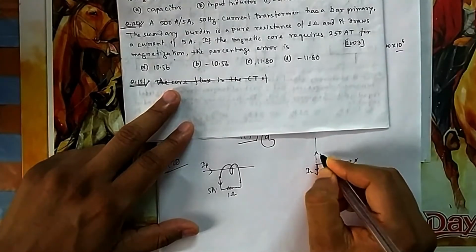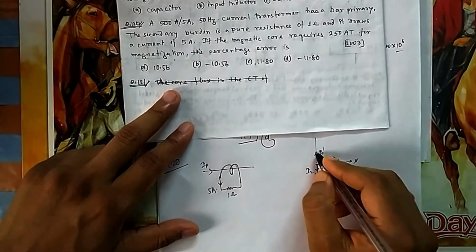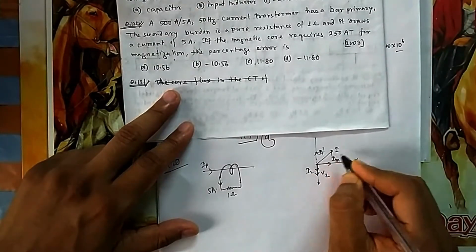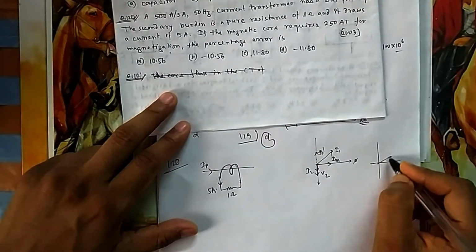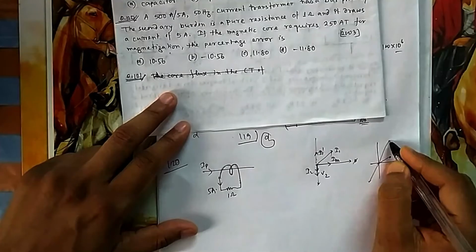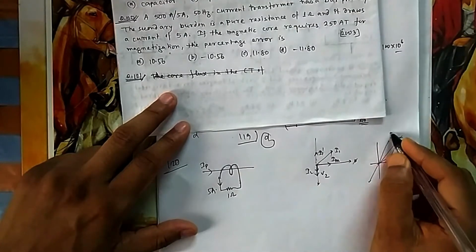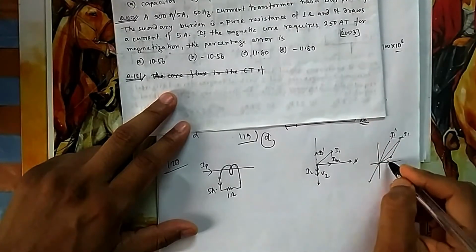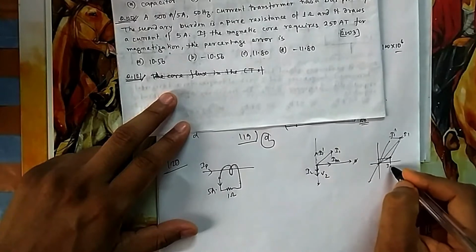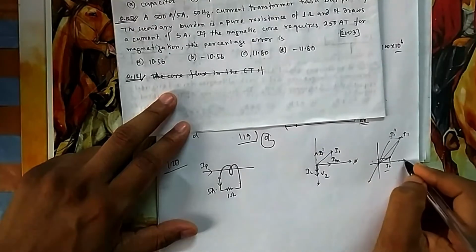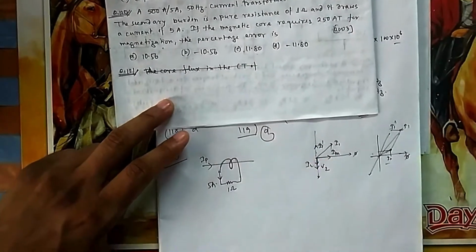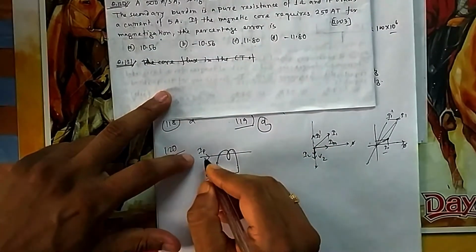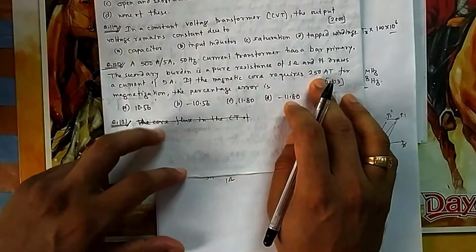So the reflection of I2 will come on the input side as I1 dash. The summation of these two will be I1, that is the primary current. In case of a normal transformer, it was I0, you can recall, this was I2, this was I1 dash, this was I1, and this was the magnetization component, IM and I0, you know all these things. So that phasor diagram is here. So this IM is coming from this. How much IM is required? 250 ampere turns.